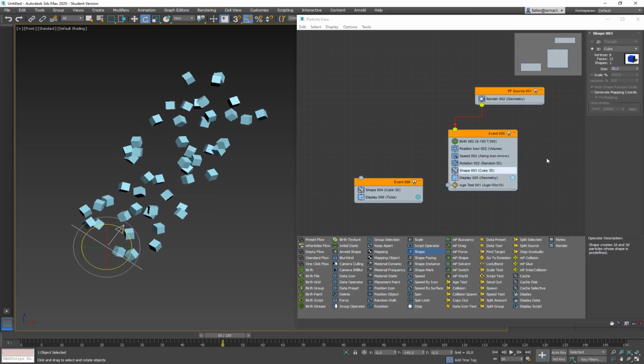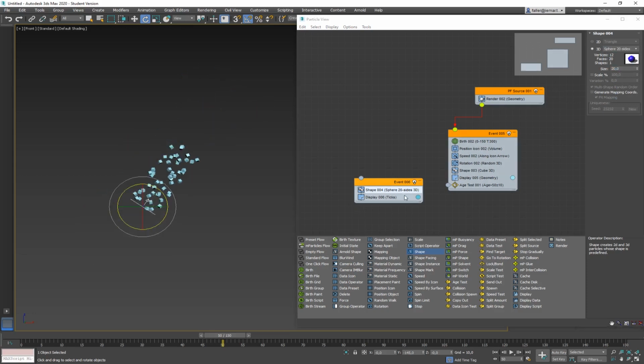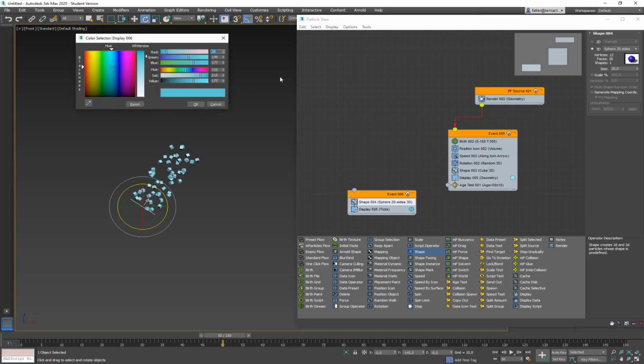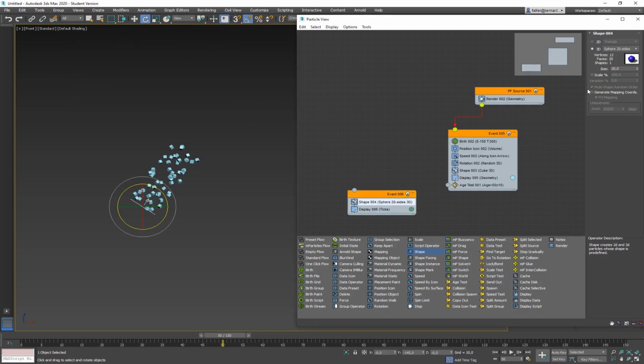So here they are. And then they go into a new event where the new event is not a cube anymore, but they're going to turn it into a sphere with the same size, 20. So now the new event has all the same things. The display, the speed, the rotation all comes from before. What we change, we put into the new event. In this case, we change the shape. And I'm going to change the color. They go into a green color.